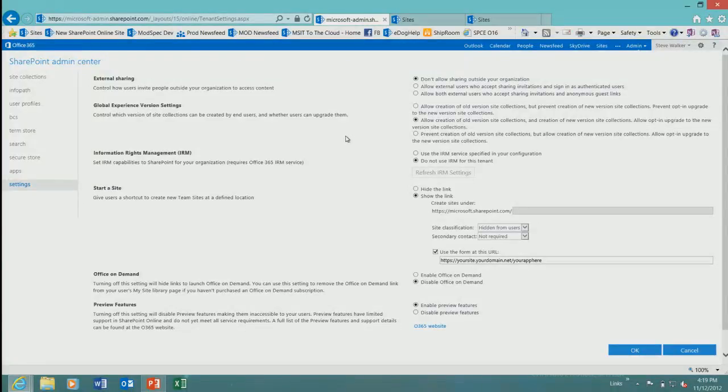Okay, so I'm going to go with the vein of everything's in the cloud, and this is a look at our SharePoint tenant administration. This is also available on the on-prem configuration. So if you go into central admin in an on-prem farm where you don't have multi-tenancy enabled, you'll have these same options. And you'll notice that I have the option here to start a site, and I can either hide the link so users can't create a self-service site themselves, or I can show the link, I can tell them where to create the sites, and then this nifty new feature, which is one of my favorites, use the form